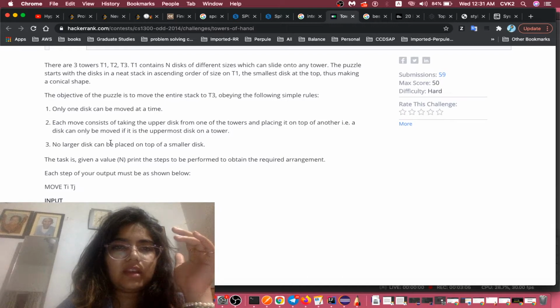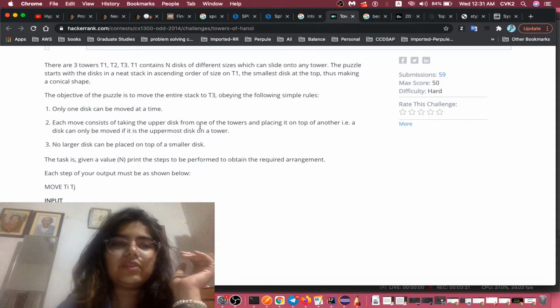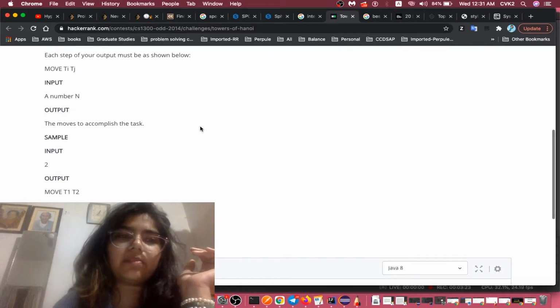As mentioned, this makes a conical shape. Alright, fine. The puzzle starts with 3 towers. The objective of the puzzle is to move the entire stack to T3. So from T1 to T3, and T2 is the auxiliary stack which we can use for our purpose,